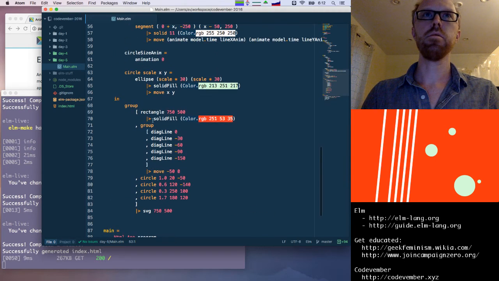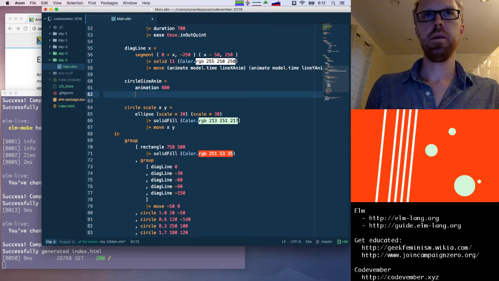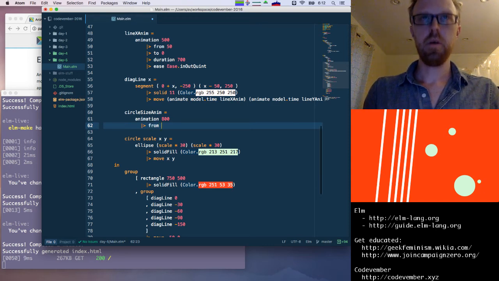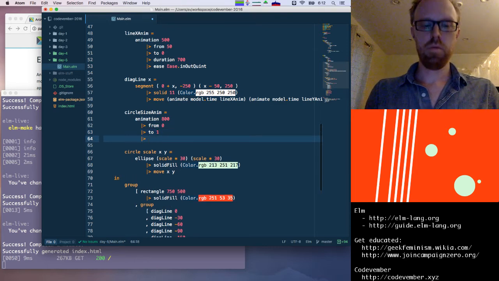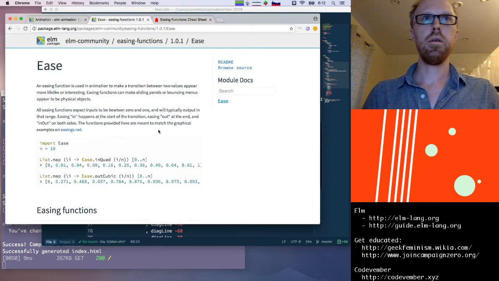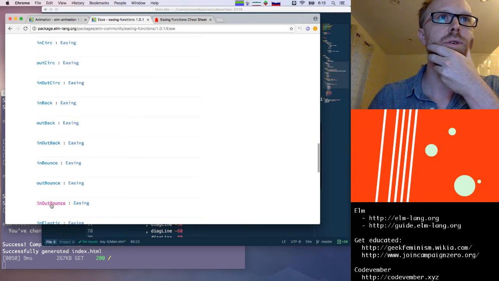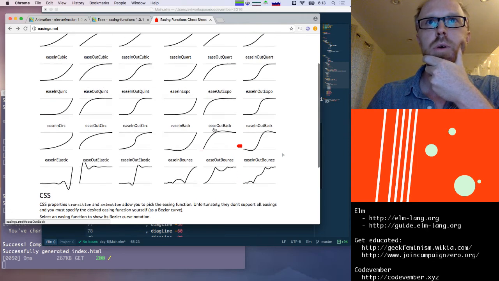All right, so back to our circle animation. Let's start these a little bit later, at like 800. And we're going to go from 0 to 1, with a duration of maybe 200 milliseconds. And we want to ease with like a bouncing animation. Do we have one of those? In, out, bounce? I don't think we want in, out, bounce. I want the one where